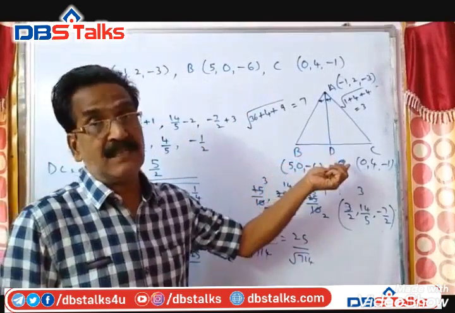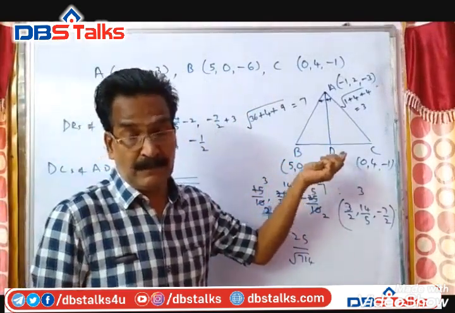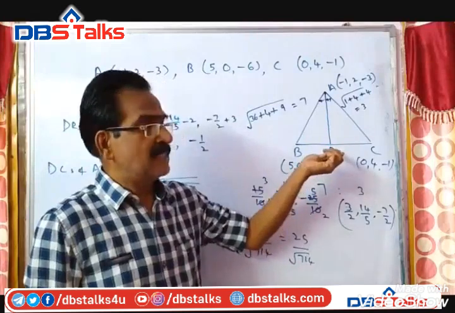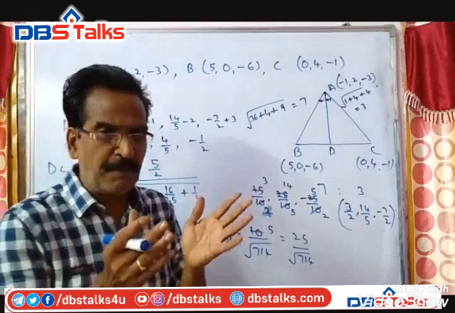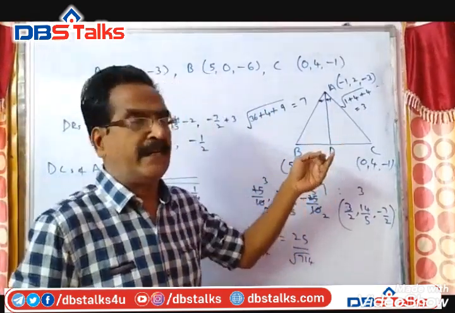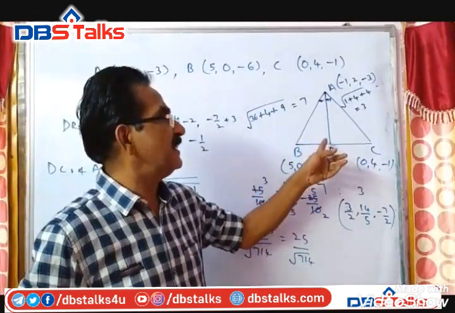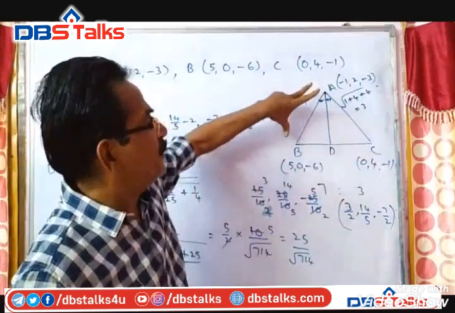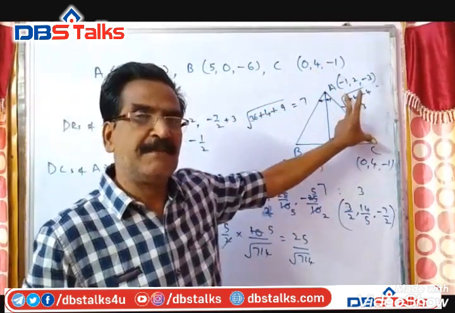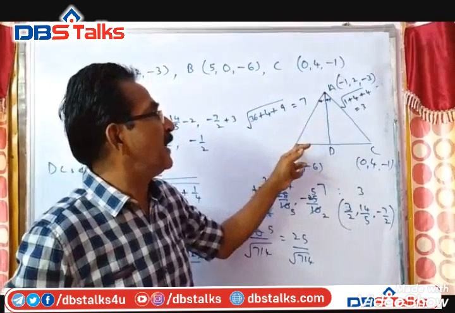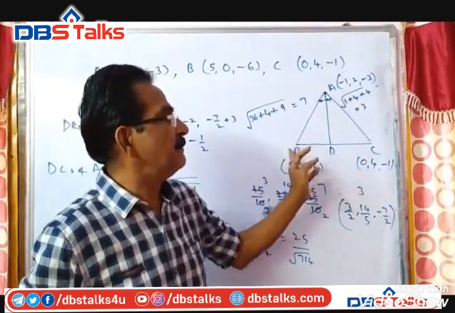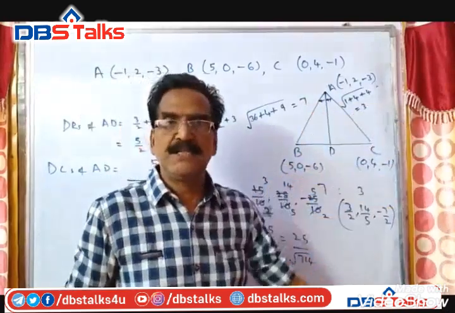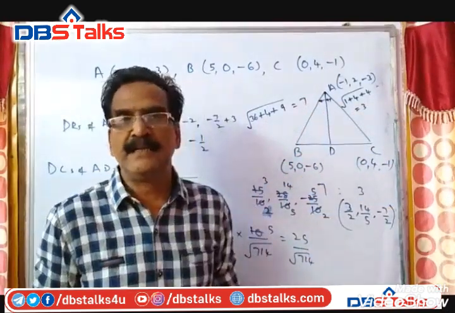Finding the vertices includes one: that is, the coordinates of D. That is the important thing, because one geometry principle is involved here, because D divides BC in the ratio AB is to AC. So find AB, find AC, then D divides BC in the ratio 7:3. Accordingly, you can find D.